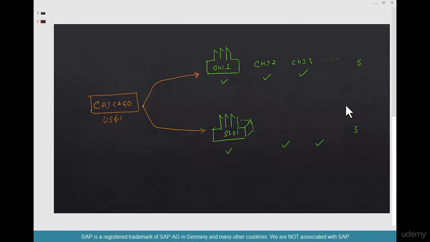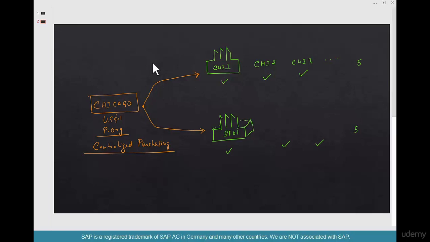All the procurement is done from Chicago using purchase org US01. What does that mean? That means it's one centralized purchasing area for all the shops and plants that I have. So this mode of doing purchasing is called centralized purchasing. Centralized purchasing. As opposed to what?